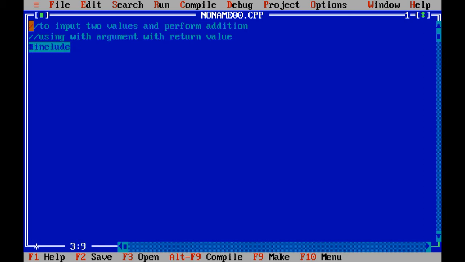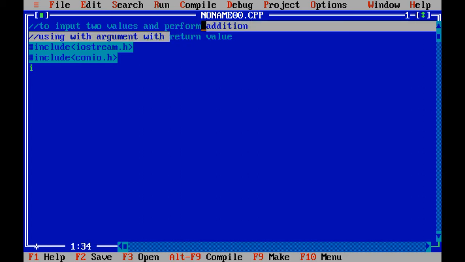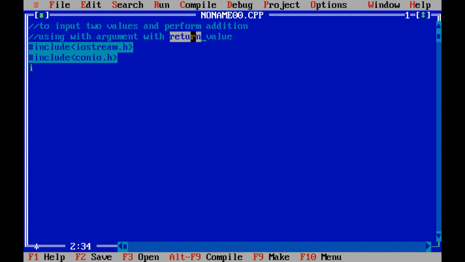You can pause the video and perform the given program in the journal or in the rough book, if you wish to. Include conio.h. Now let me declare the function addition. Here I need to return the value, and addition of two numbers will return an integer value only.